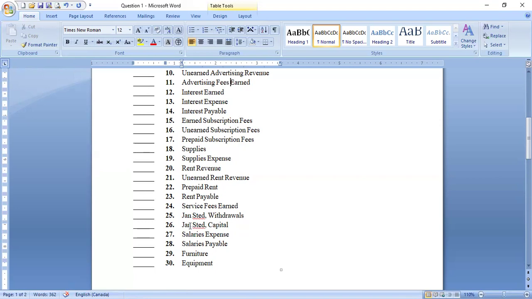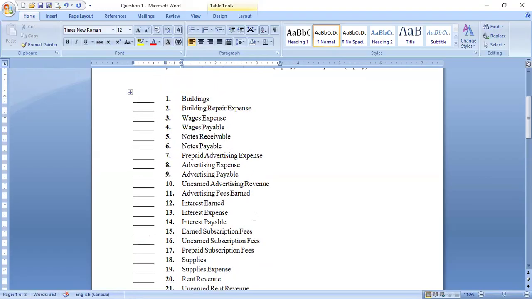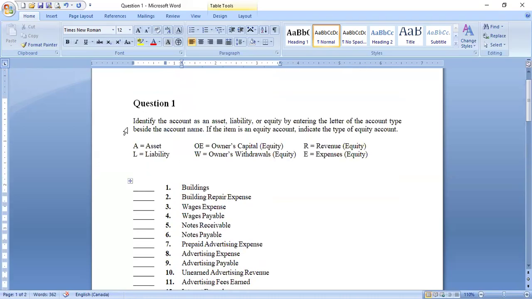Equity, pure equity. Salary expense. How about salary payable? Furniture and equipment, both assets. Okay, good. That's good. So the other thing is,